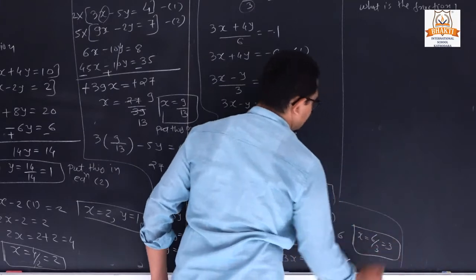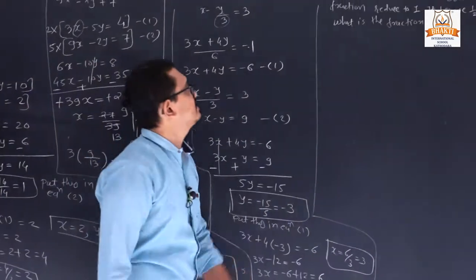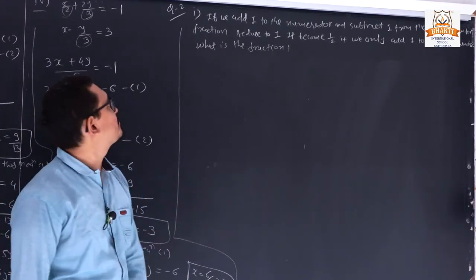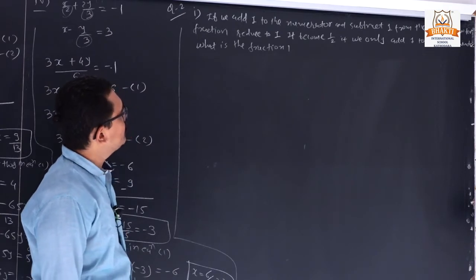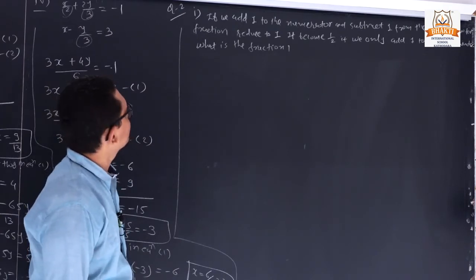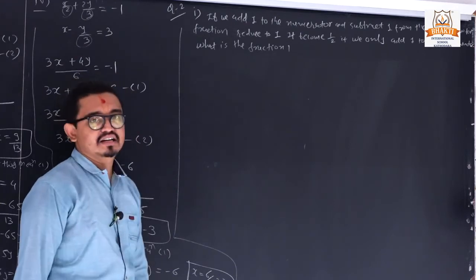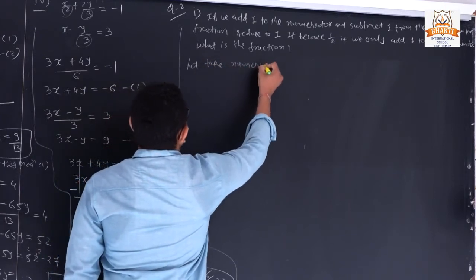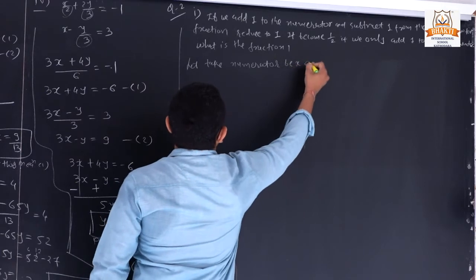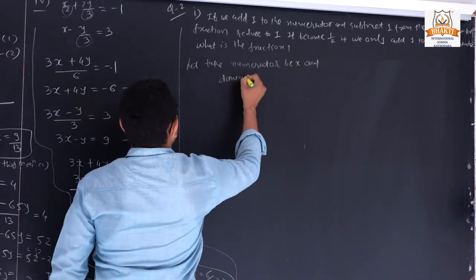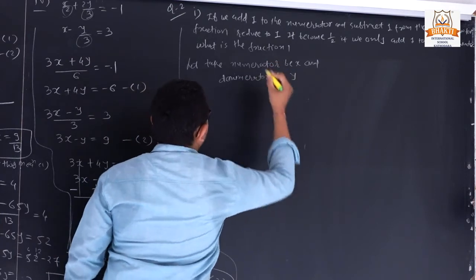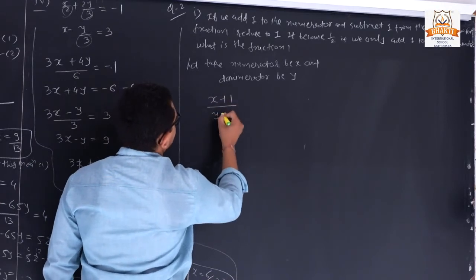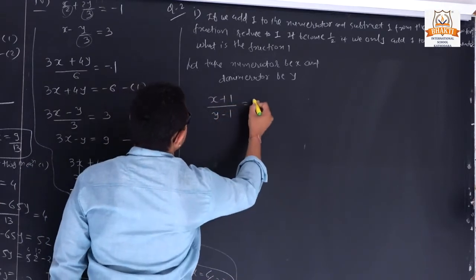Now next sum. Once again we have the problematic sum. Question second. So from question number 2 we have the problematic sum. If we add 1 to the numerator and subtract 1 from the denominator, the fraction reduces to 1. It means let us take the numerator be x and denominator be y. So we can add 1, so x plus 1 in the numerator, and we can subtract 1 from the denominator,